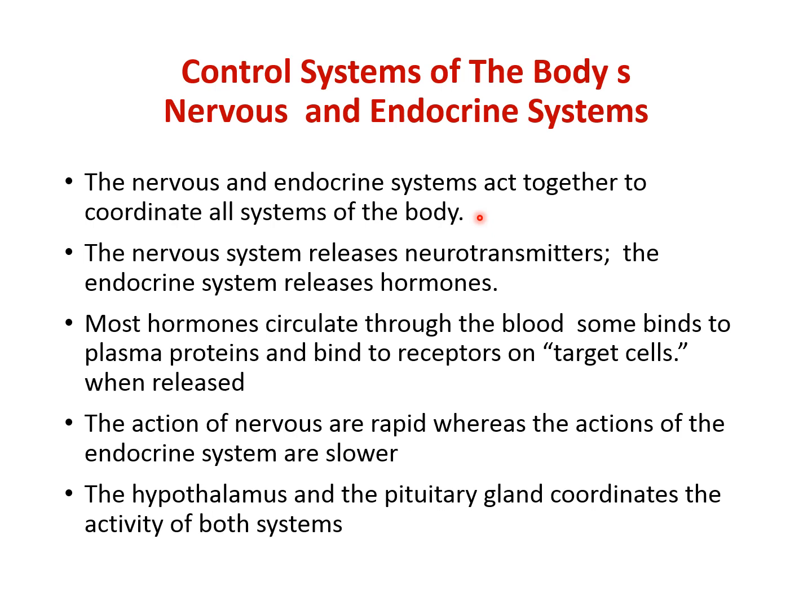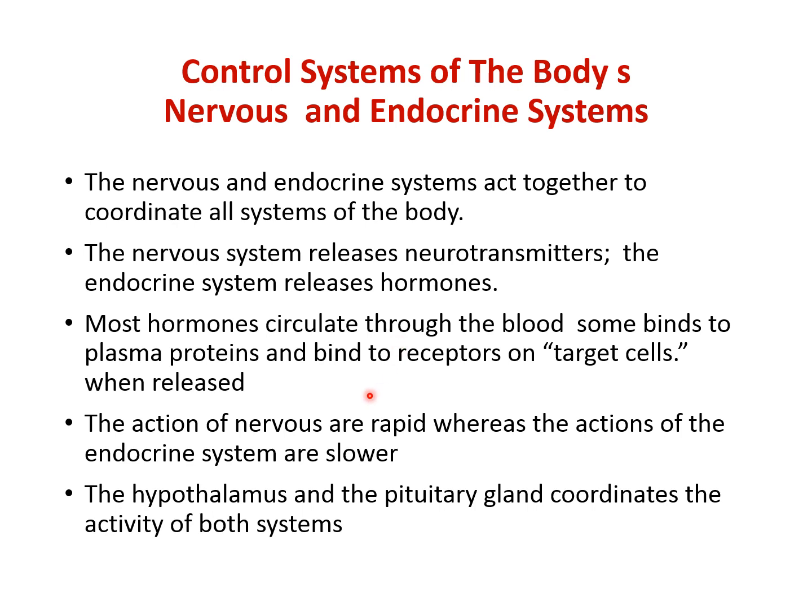Now, as you may know, the nervous system releases neurotransmitters, whereas the endocrine system releases hormones. The name hormone actually came from a Latin word meaning set in motion. Usually, neurotransmitters are paracrine agents. They just diffuse across the synapses, whereas the classical hormones are circulating hormones, where they are carried to their target cells by the blood. The action of the nervous system is rapid, whereas the action of the endocrine system is